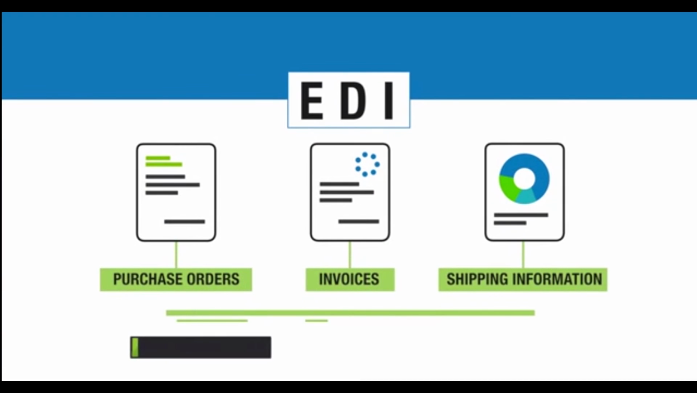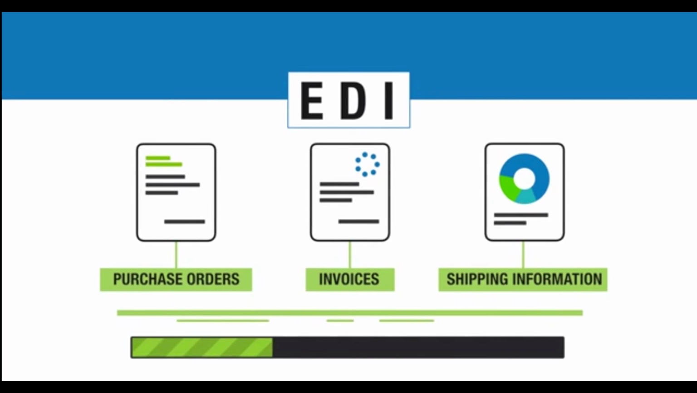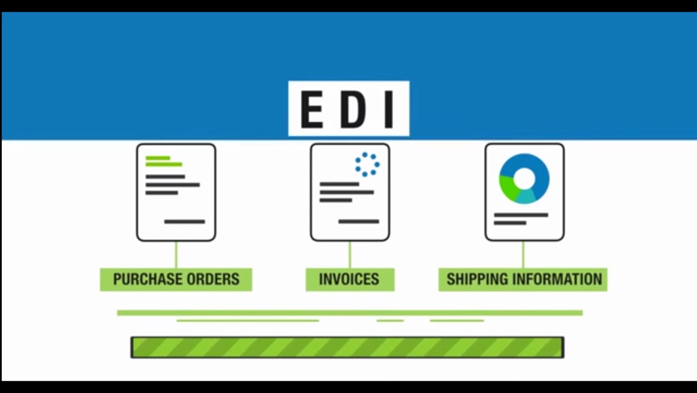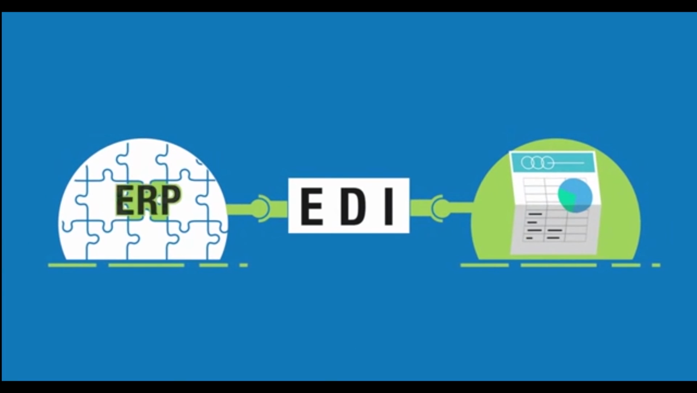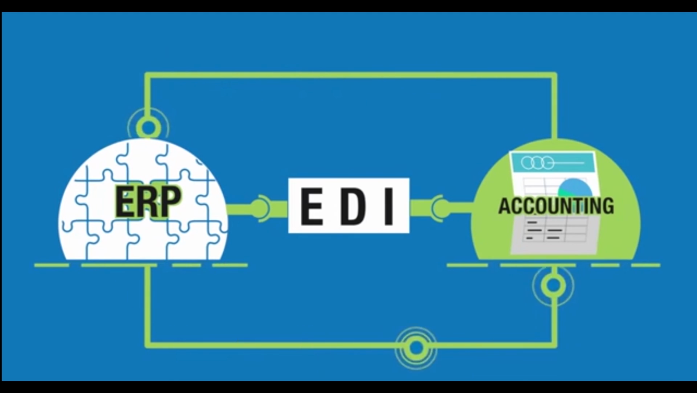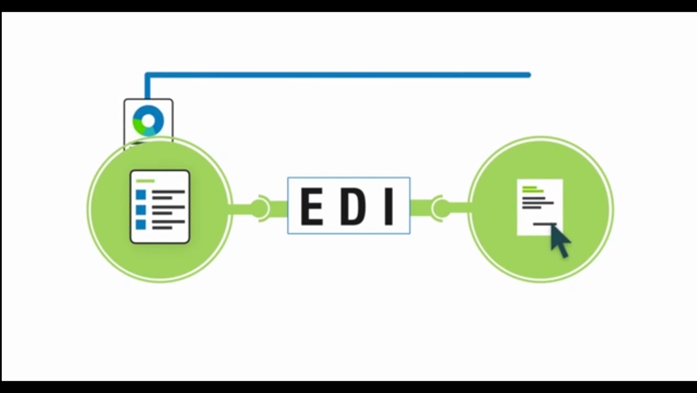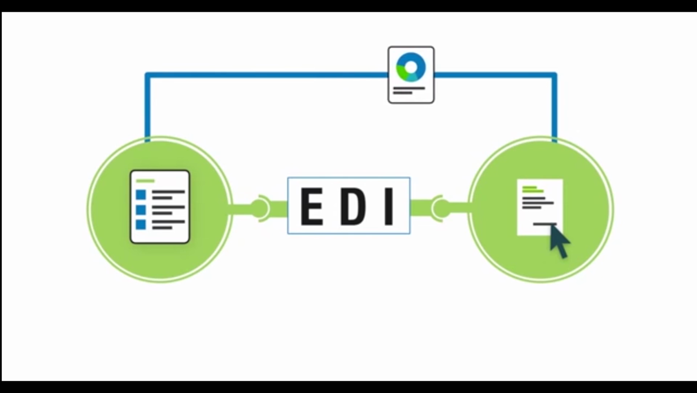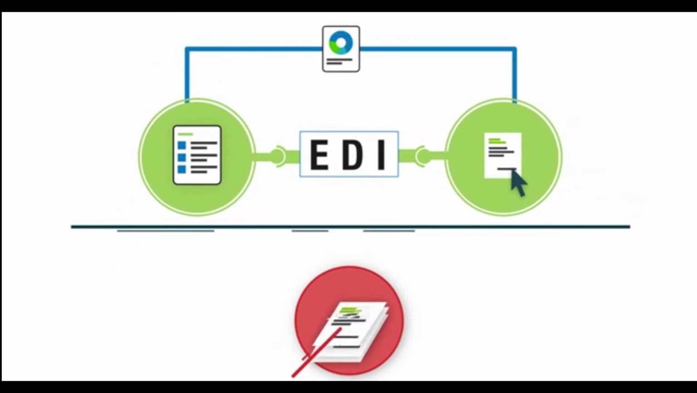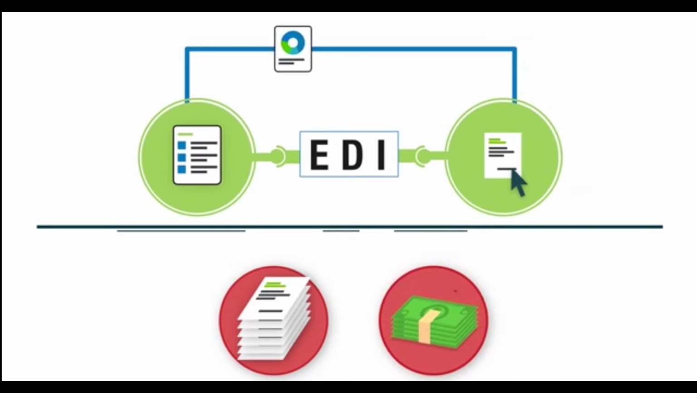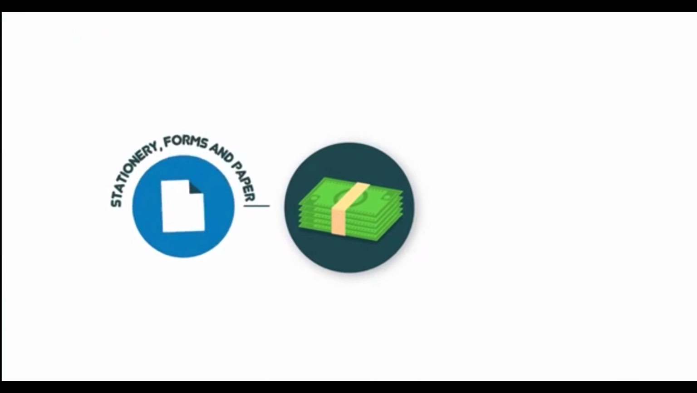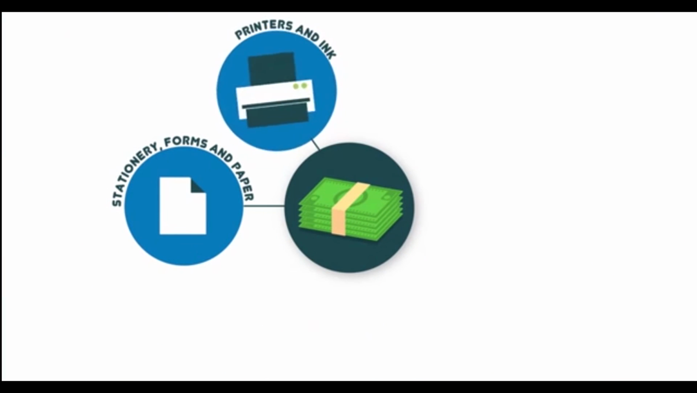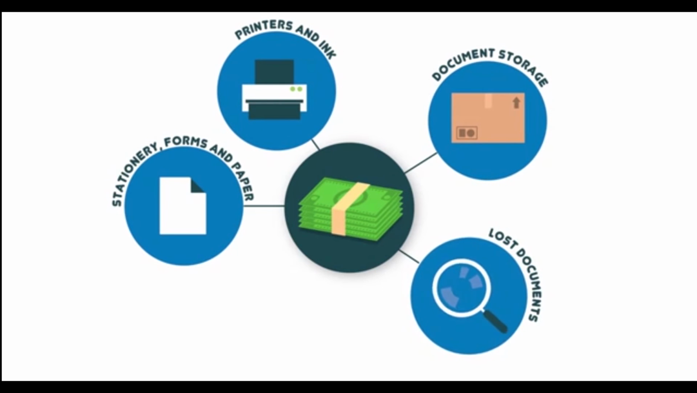EDI is routinely used by organizations for electronically exchanging business documents, such as purchase orders, invoices, and shipping information, and can be seamlessly integrated with leading ERP and accounting systems, enabling the process to be automated. Implementing EDI enables the business processes associated with the exchange of business information to be digitized and automated, thereby removing manual, paper-based processes and reducing expenses in areas including stationery, forms and paper, printers and ink, document storage, lost documents,